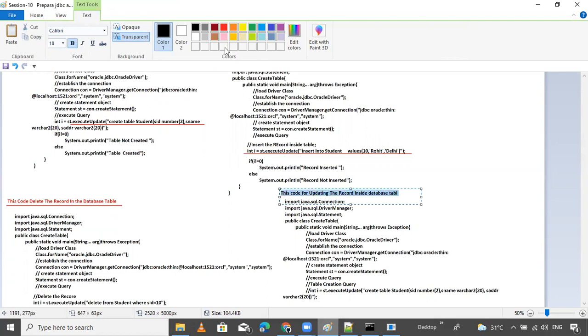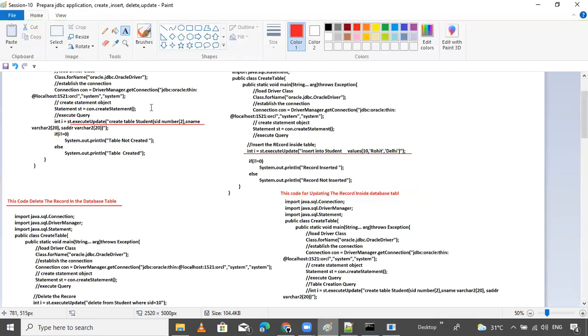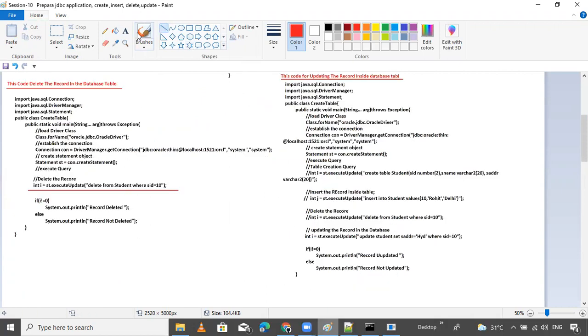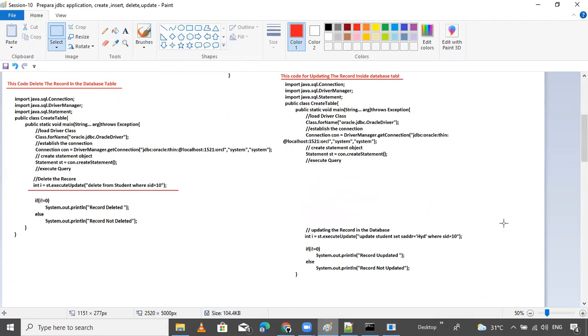That is in red with the tick, highlighted. I'm going to highlight these things. First of all, I'm removing the unnecessary things that are not required here. So delete it.